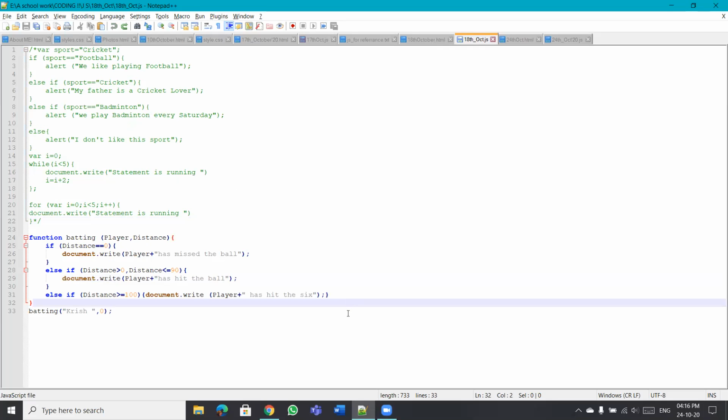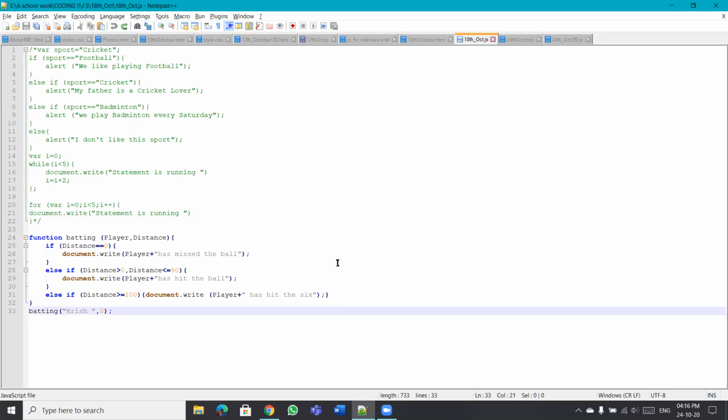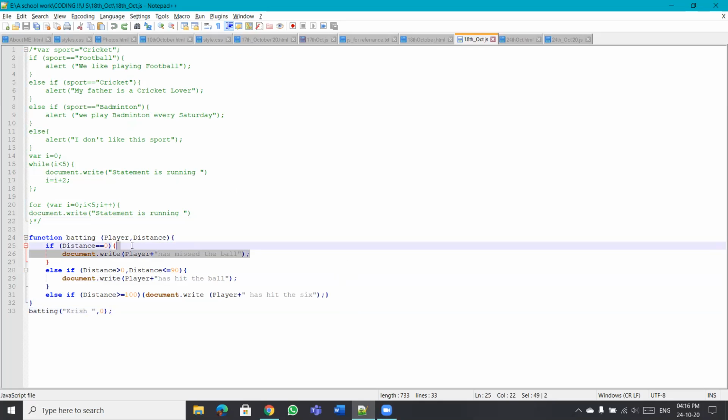Writing player distance, the distance equals 0. Okay, good. Sir, I added this over here. That's good. You have made it a function. Show me. This has missed the ball. Good.